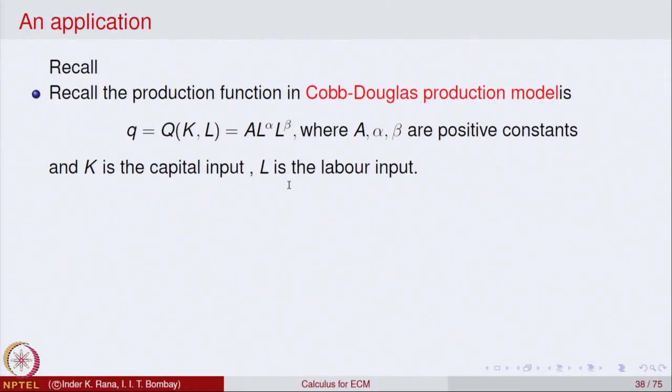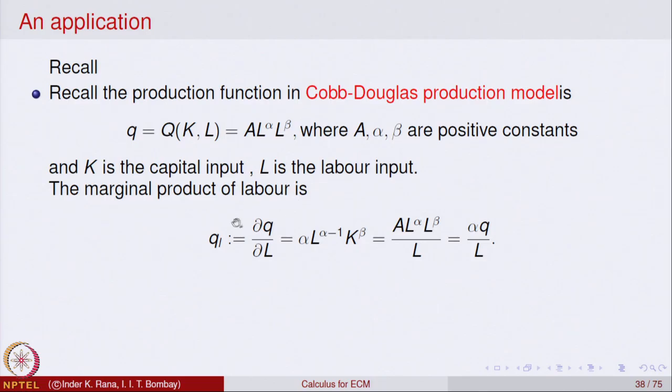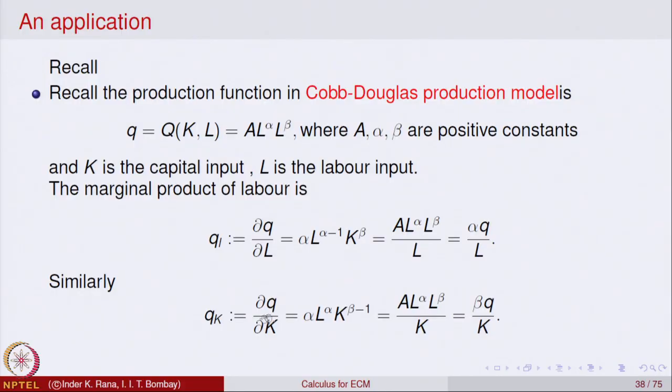Once again, the l is a typo, it should be k raised to the power beta, where A, alpha and beta are positive constants. K is the capital and L is the labor input. For this function, we just saw that the marginal product of labor, Q_L, the partial derivative of Q with respect to L, was obtained as this, and the partial derivative of Q